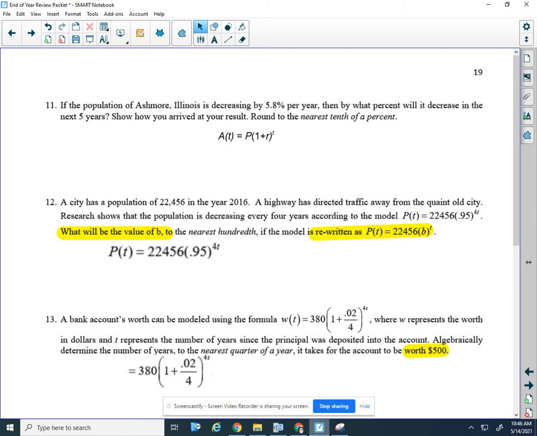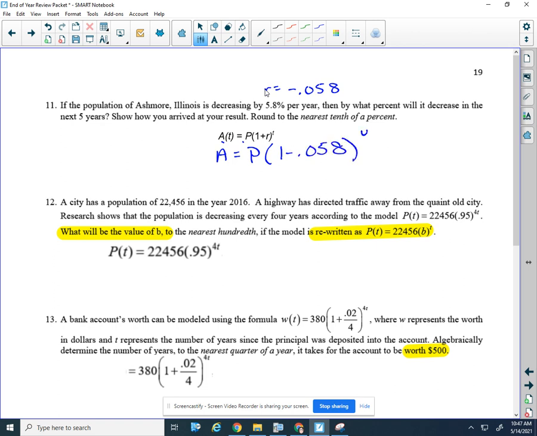The last page of this lesson. Question number 11. If the population of Ashmore, Illinois is decreasing by 5.8% per year, then r equals negative 0.058. By what percent will it decrease in 5 years? So again, they don't even care about these values, the A and the P. So it's 1 minus